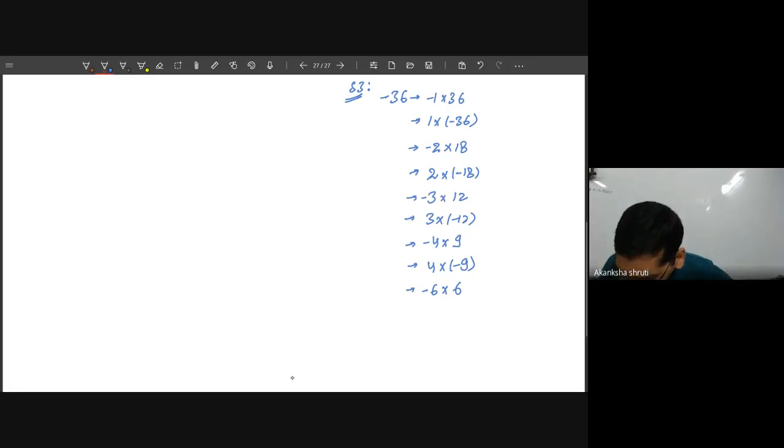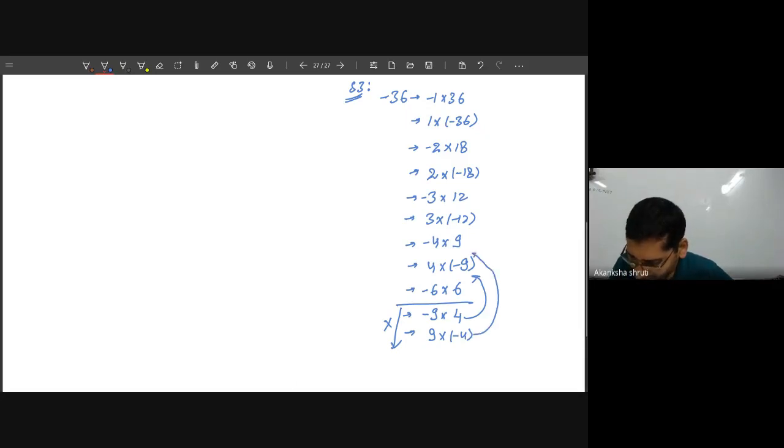So it is this one. Or again writing this as 6 into minus 6 means the same thing. So when the two factors are the same, no need to rewrite it again. A student may write this as 9 or minus 9 into 4, but this is the same as this one, so no need to go ahead. You do not need to go beyond this, because I have already written it by changing the sign. So those things I have already written, or 9 into minus 4. So no need to go ahead.